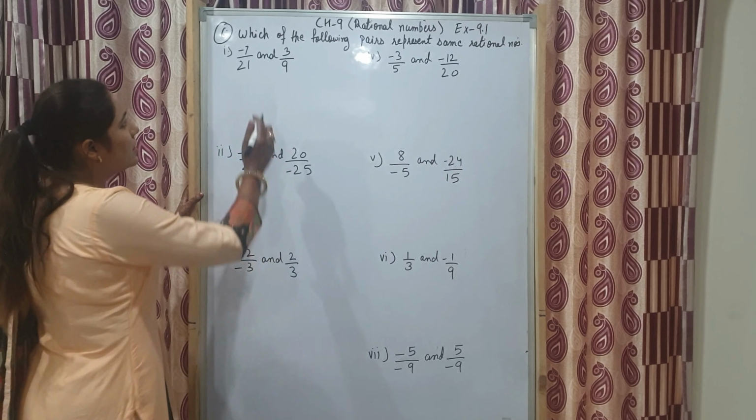Now both are negative. If both are positive, from 25 and 28, 28 is greater, that we know. But if both are negative, then the minimum numerical value is the maximum value. So with the negative sign, minus 25 is greater. If minus 25 is greater, it means move upward. Minus 5 upon 7 is greater. So our answer is minus 5 upon 7 is greater. So we will write minus 4 upon 5 less than minus 5 upon 7.